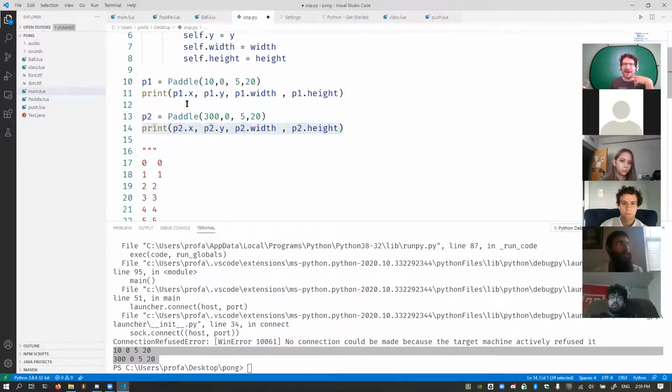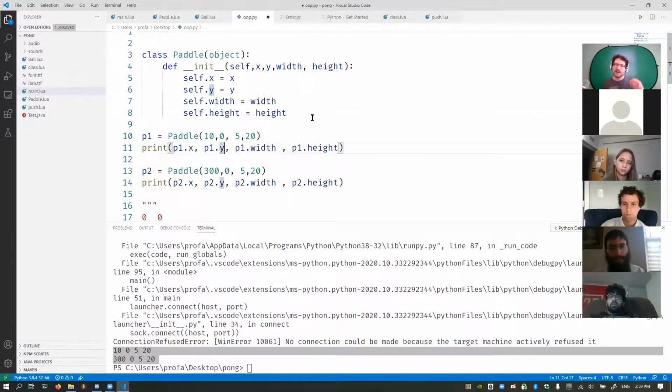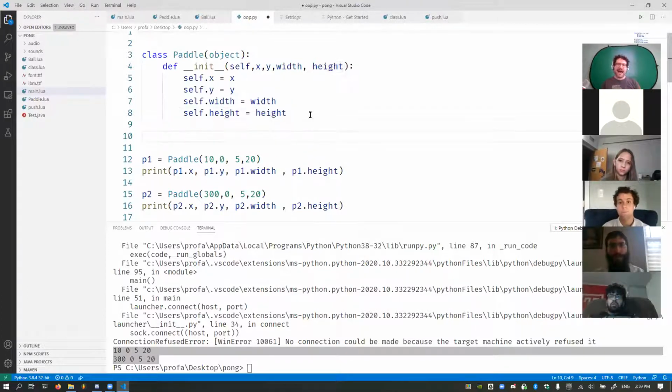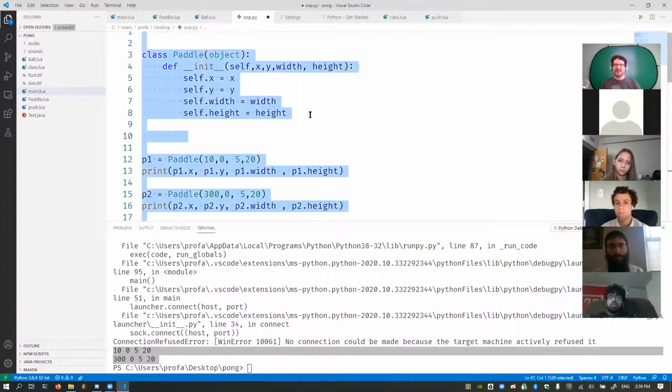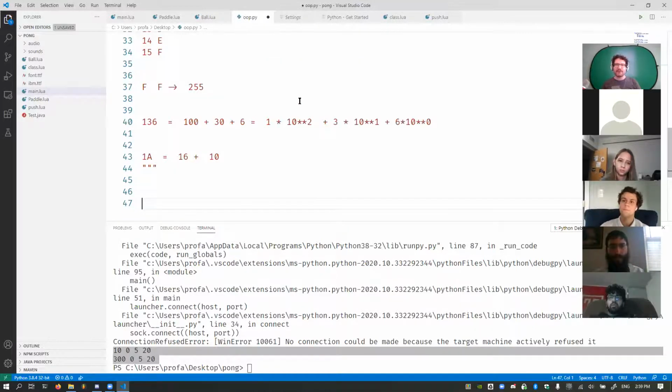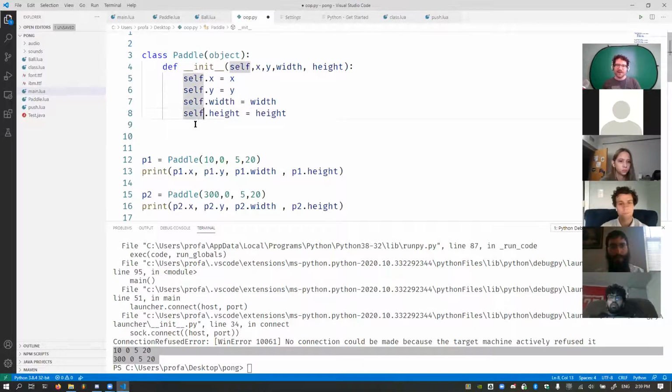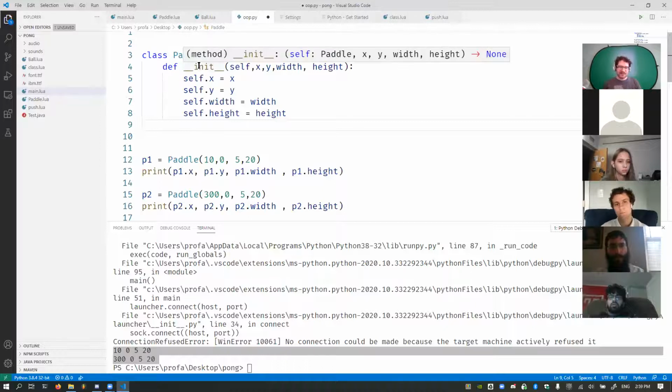This P1, paddle 1's x is different than paddle 2's x. Paddle 2's y is different than paddle 1's y. So basically each object acts as a collection of variables, which is first and foremost very important. But more importantly, we can have them have functions. Like we can create more functions inside of them to do things.